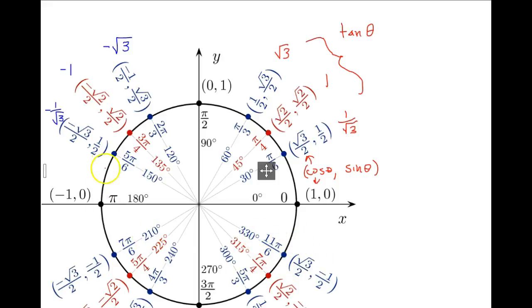But notice this line right here is also the same as this line right here. It just comes straight through. So the tangent is the slope of that line. It's the same line on both sides, so the tangent here is also going to be -1 over the square root of 3. And you can just use that property to find out all of these different values for sine, cosine, and tangent. So a really great idea is to just Google search unit circle and then print one of these out. Have it with you when you're doing your homework, because you're going to need to know what is